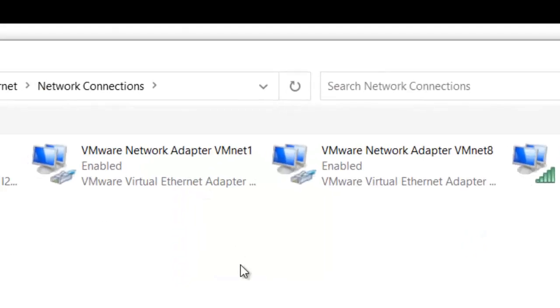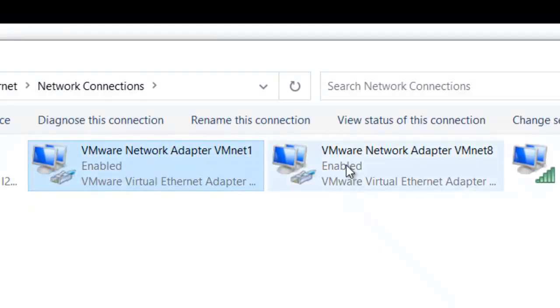So whenever we run or we install a VMware, it also installs some virtual network adapters. So let's see. Okay, so for me, there are two adapters installed, that is VMNet 1 and VMNet 8. So VMNet 8 is basically a NATed adapter and VMNet 1 is a host adapter.